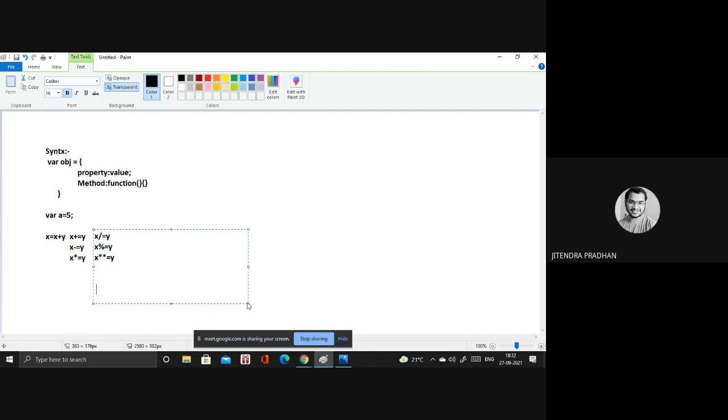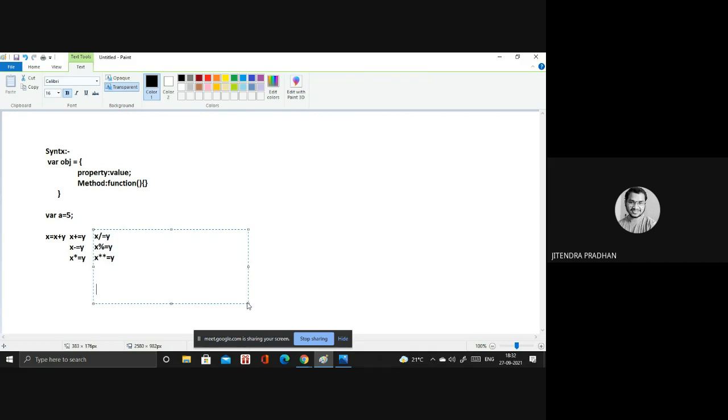So we have subtraction, addition, multiplication, division, and exponent. These are our arithmetic operators, and we have Math.pow. If you go to the previous version of JavaScript, before that we didn't have any exponent operator like x double asterisk equal y.